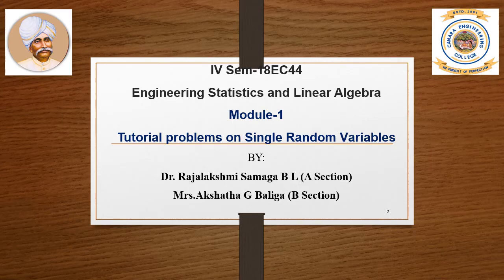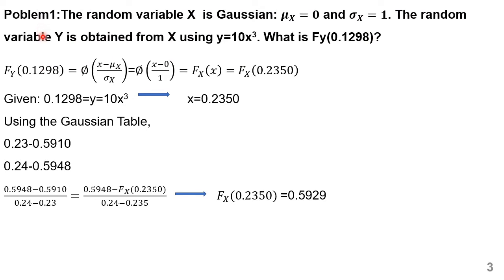In this video, we'll solve some more problems on a single random variable. Let us solve some problems. First problem: the random variable x is Gaussian with mean value 0 and standard deviation equal to 1. The random variable y is obtained from x using y = 10x^3. What is fy of